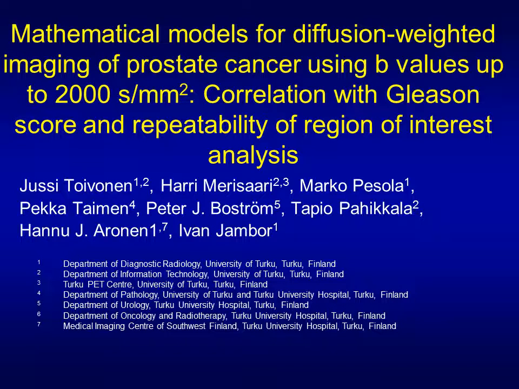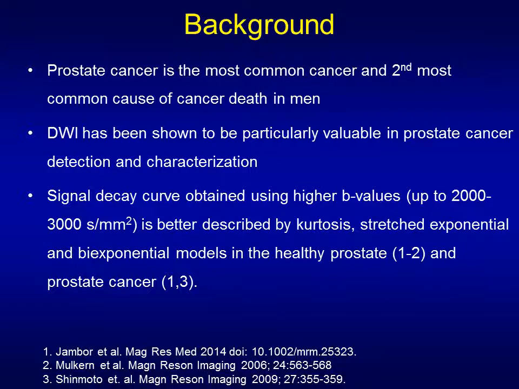Hello. In our study, we evaluated four different mathematical models, or mathematical functions, for diffusion-weighted imaging signal decay of prostate cancer. Prostate cancer continues to be the most common cancer in the Western world and is the second most common cause of death in men. Diffusion-weighted imaging was shown to be particularly valuable not only for prostate cancer detection but also prostate